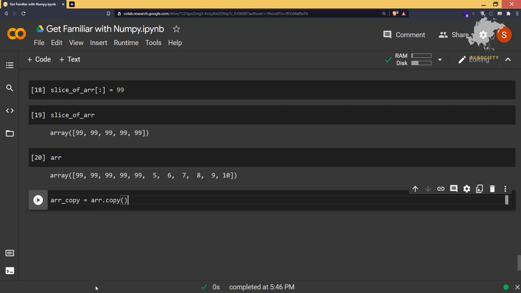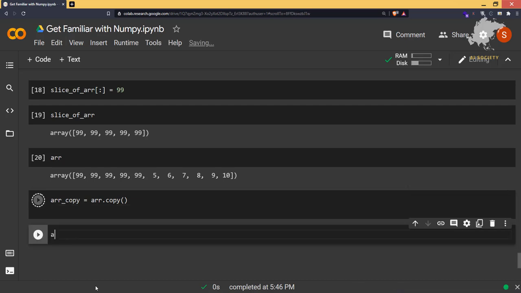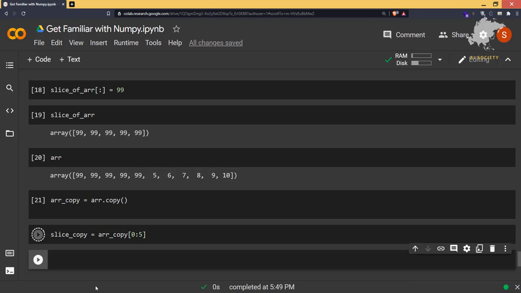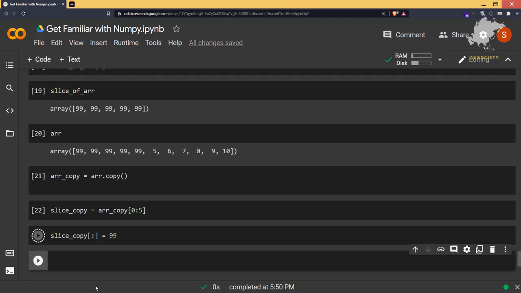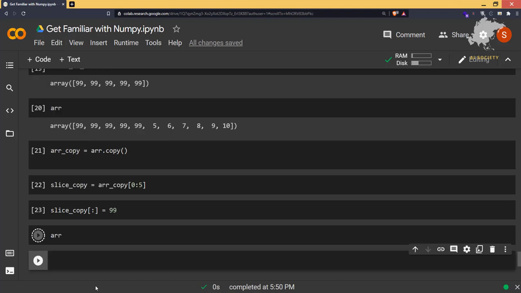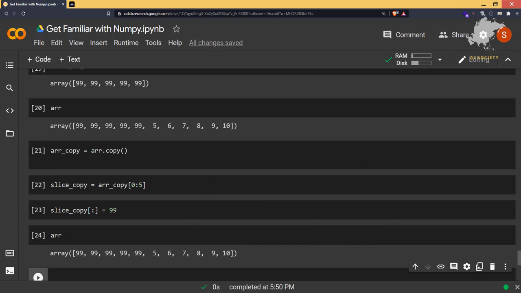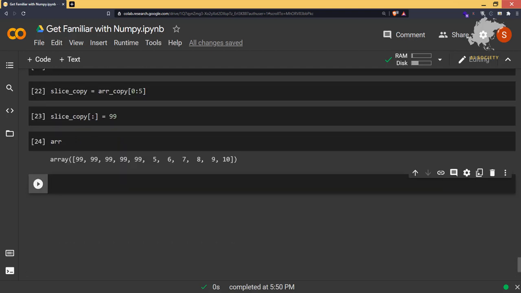Then I'll say slice copy is equal to arr copy of 0 till 5, whatever range you want to give, and set slice copy to 99. So the original array is not going to change. This is the only way that we have to copy the array and then apply your changes. That is what I wanted to tell you in this video.